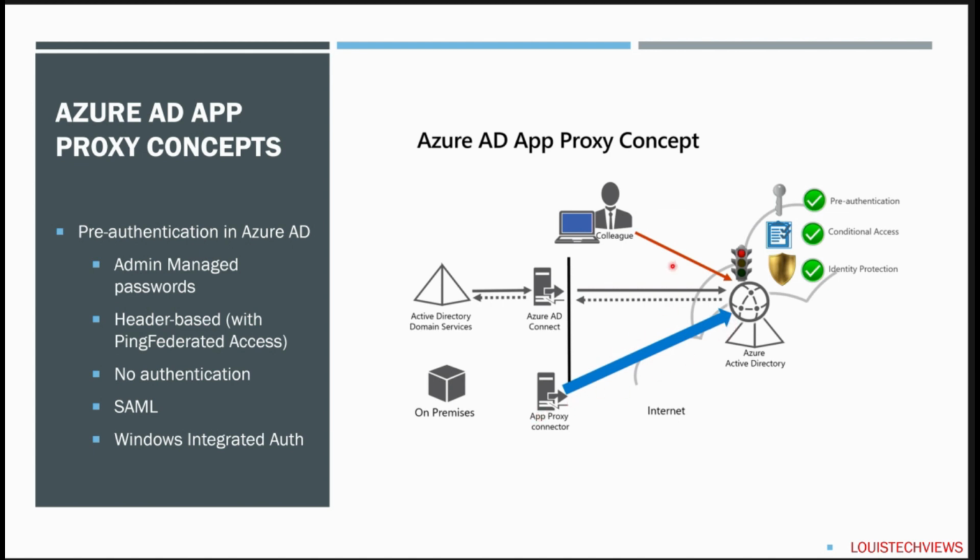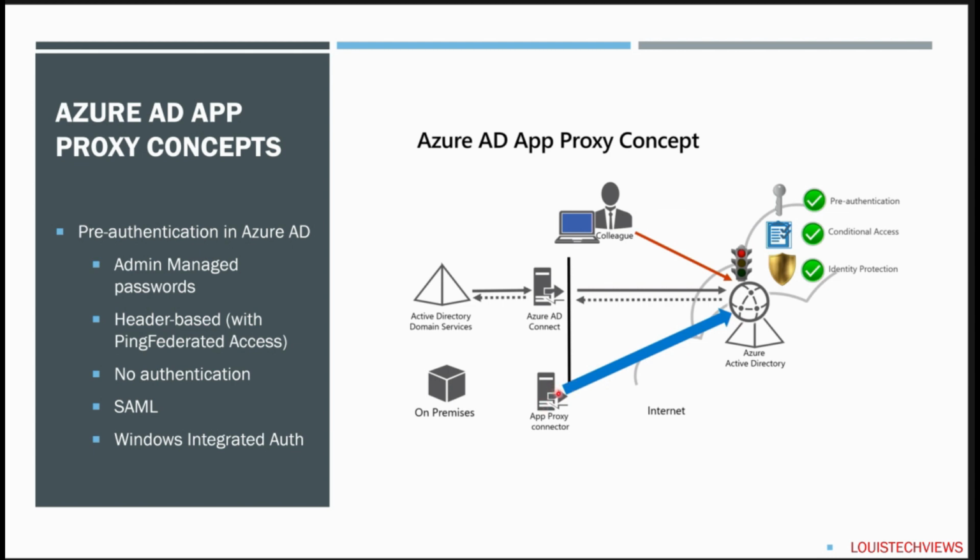All right. So as an end user, if you're coming in from outside, say you hit the external URL for that application, it will go hit Azure AD to authenticate and do various different checks. So the pre-authentication check, if you have that configured, if there's conditional access and things configured, it will make sure you validate and pass all of those checks. And then if all that passes and it checks out okay, then what will happen,